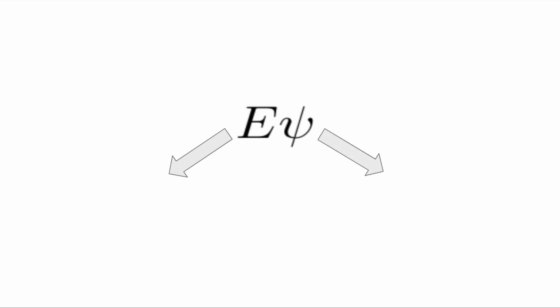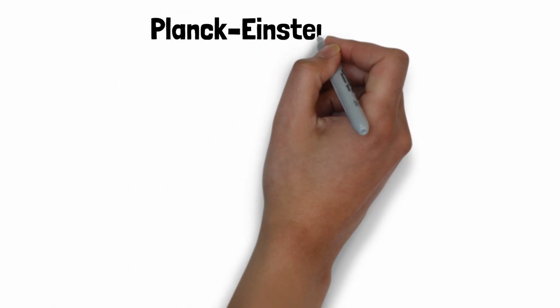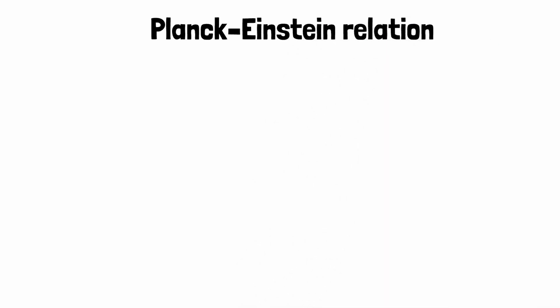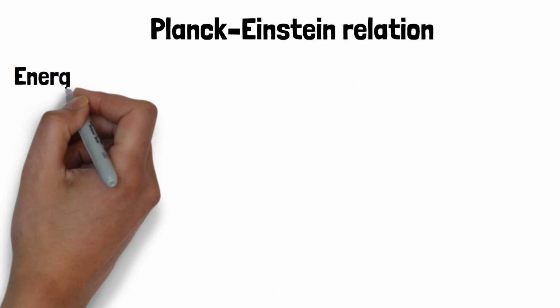The E here stands for the energy level allowed for a particle, whereas this psi stands for the wave function. Well, let's first take a look at the energy level allowed inside a particle. To understand the fact that particles can only have fixed energy levels, we need to first understand what's the Planck-Einstein